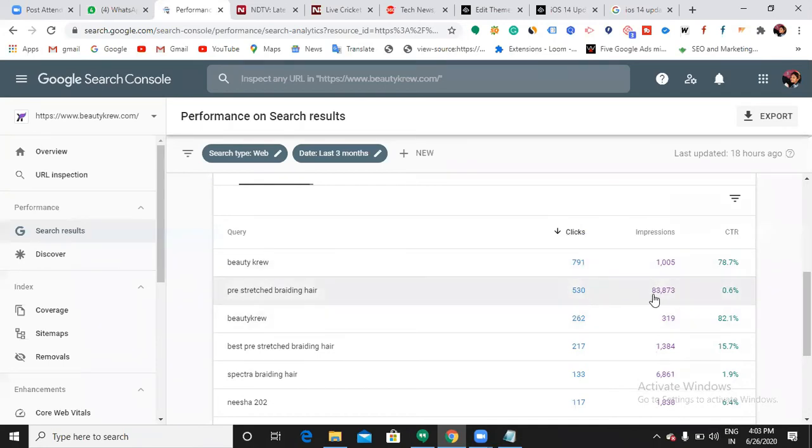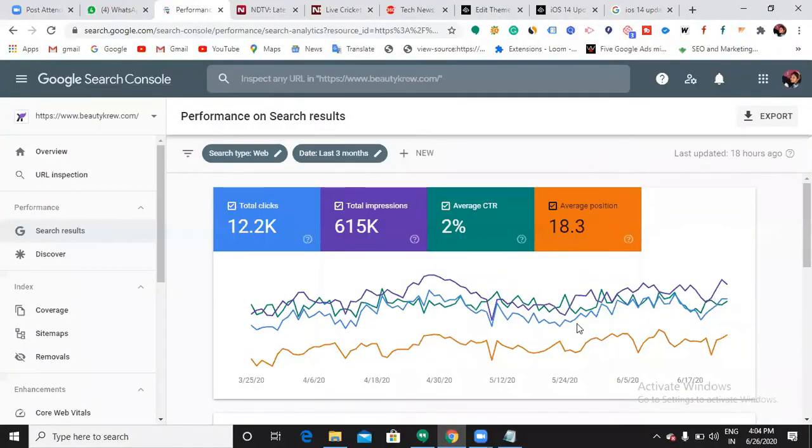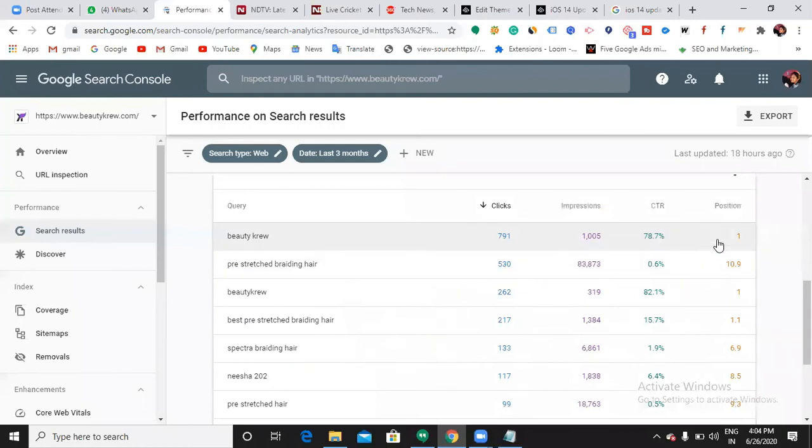And for this keyword, 83,000. Okay, so for this keyword, where is my position? First position. For this keyword, where is my position? 10th position. So my website is appearing for this keyword in the 10th position and this many times.